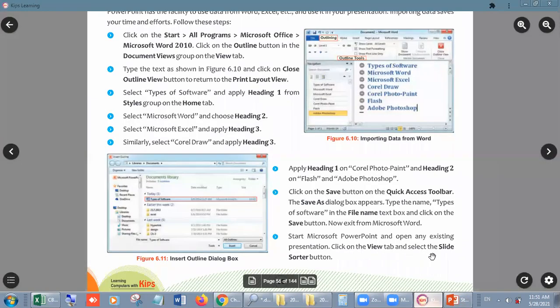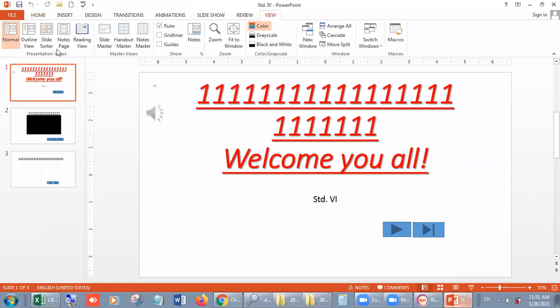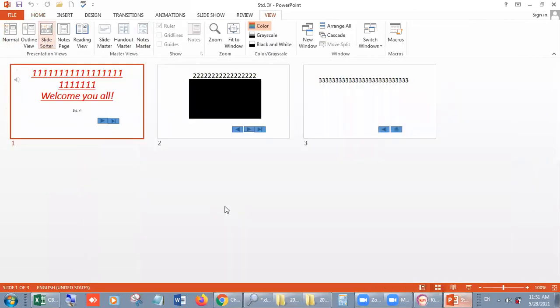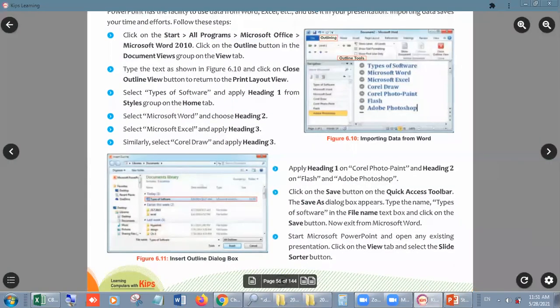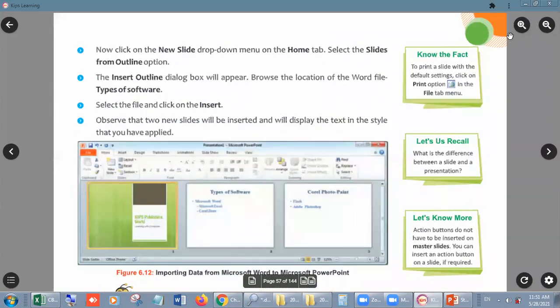Click on the View tab and select Slide Sorter View, like this. Okay. After that, let's turn to the next page. Okay. Let me zoom it for you so that you can see it.